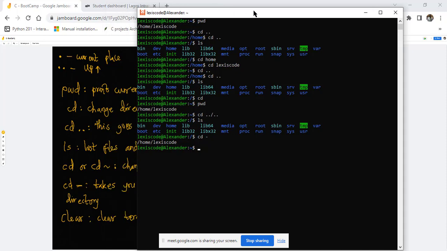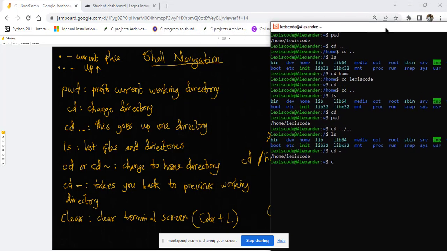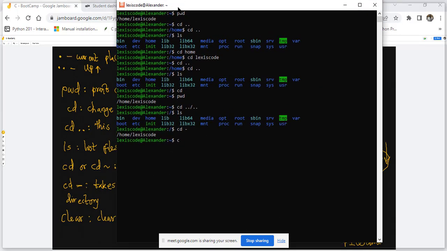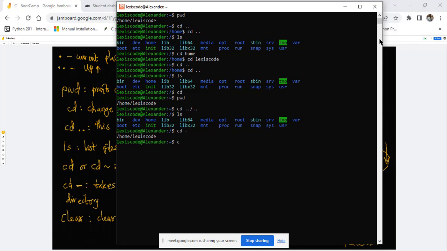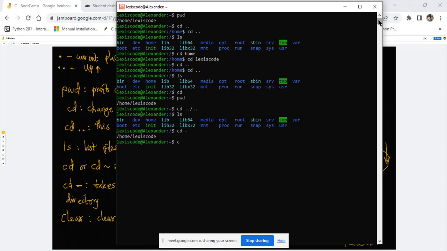Now the next one is the clear command. Remember I said clear is used to clear your screen, the whole screen as a whole. So if I click clear, it will clear everything. But before I click clear, I made mention of another alternative. This alternative will take it one page up, just in case your screen is full and you want space. Instead of using the down arrow to shift it, which is like stress in a way,